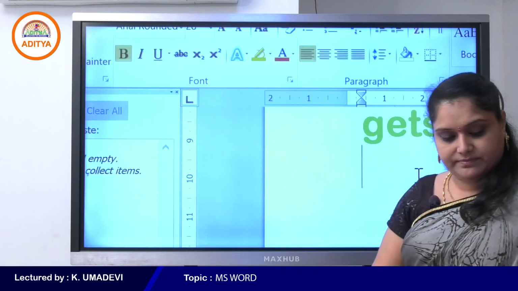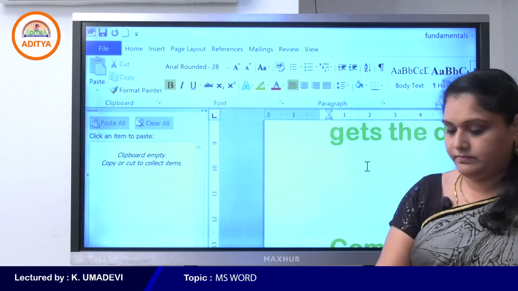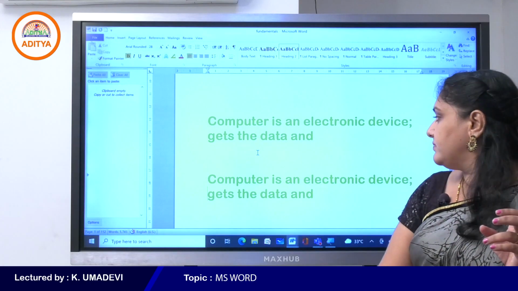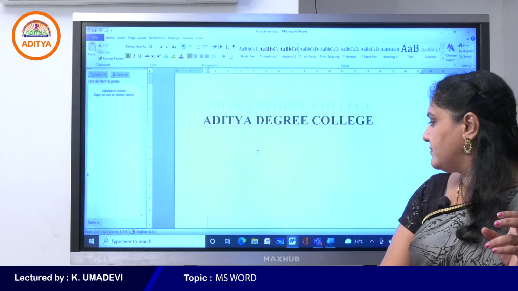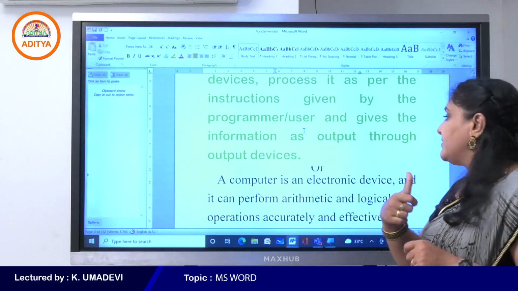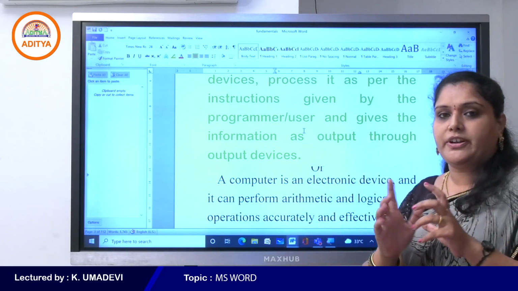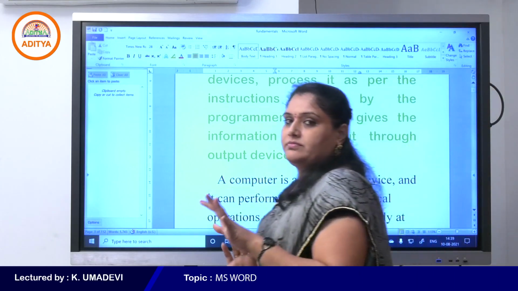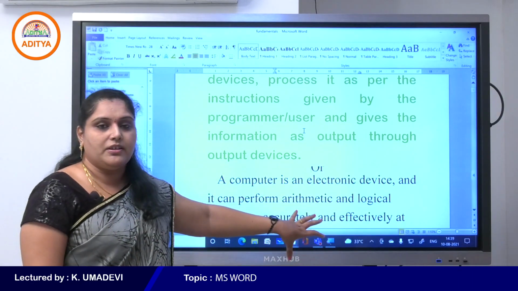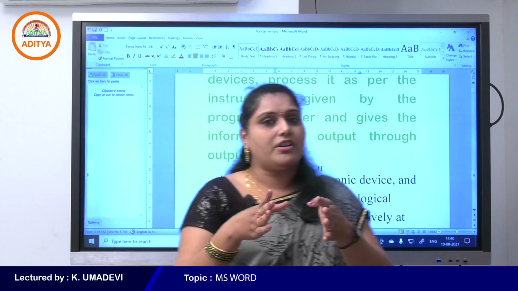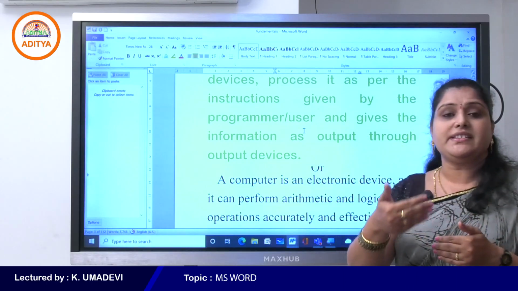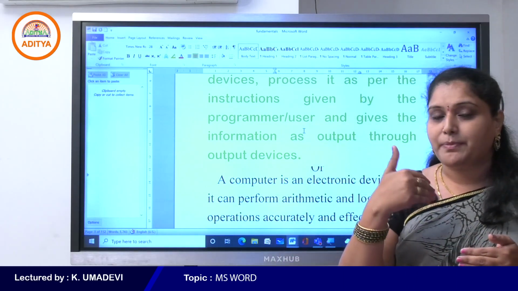So for example here, observe my document, students. Now we will go with the second page. You can see here I have taken two paragraphs with two different fonts. Why? Because the format painter is used. For example, suppose you have a document with different types of fonts, but you just want a single font throughout the document. So without applying the format options again and again, simply we use format painter.